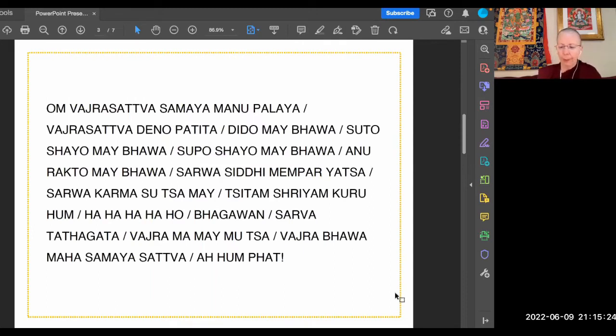Om Vajrasattva Samaya Manupalaya Vajrasattva Dina Patita Dida Mebawa Sutokaya Mebawa Supokaya Mebawa Anarakta Mebawa Sawasiti Mempiyata Sawa Kama Sita